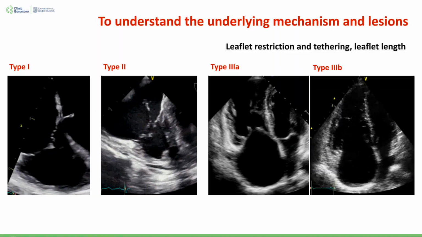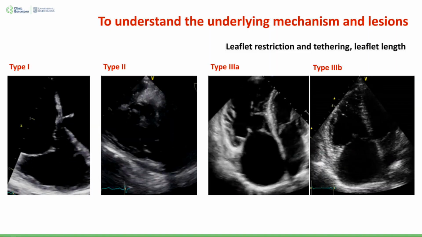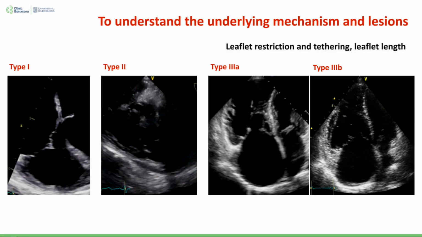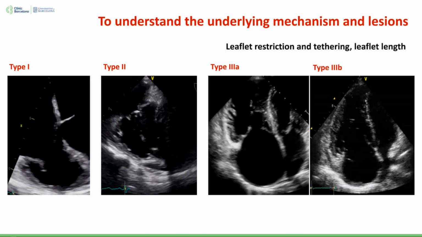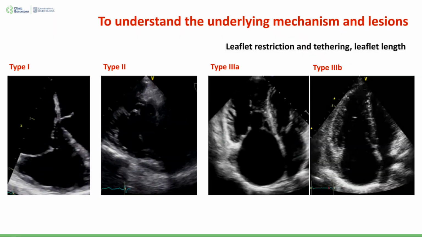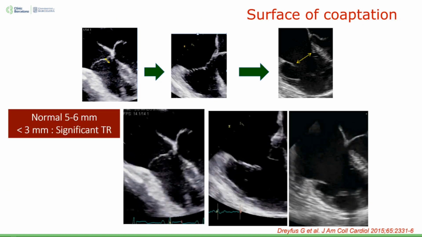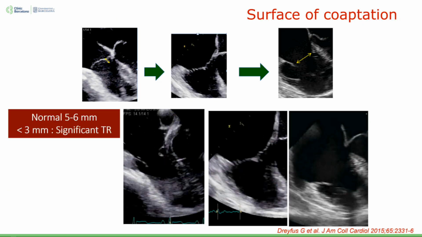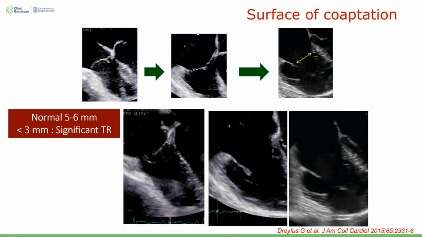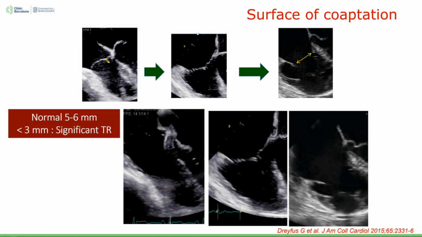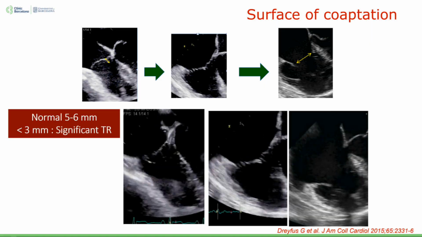And for that, echocardiography, and particularly transesophageal echocardiography, is still the most used and most useful technique. From there, we can understand the underlying dysfunction of the valve: if it is annular dilatation only, if it is prolapse of the valve, if it is restriction of the leaflets, and which type of restriction. And even in the 90% of tricuspid regurgitations we see, at least in the US and in Europe, which is secondary TR, secondary to right ventricular or right atrium dilatation and dysfunction, we need to understand in which stage